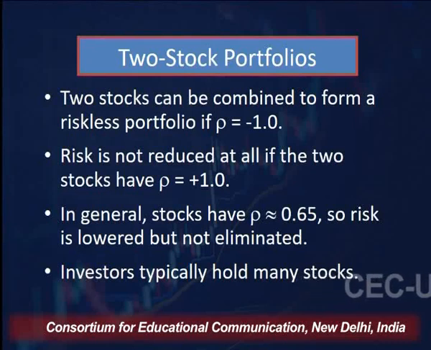But we must understand one more thing, that risk is not reduced at all if the two stocks we have are positively correlated. One falls, the other also falls. Now in this case, when we create a portfolio wherein we have selected all the stocks from the same industry, if there is a bad announcement about a particular industry, or an unfavorable government policy belonging to a particular industry, the stocks of that entire industry will fall.